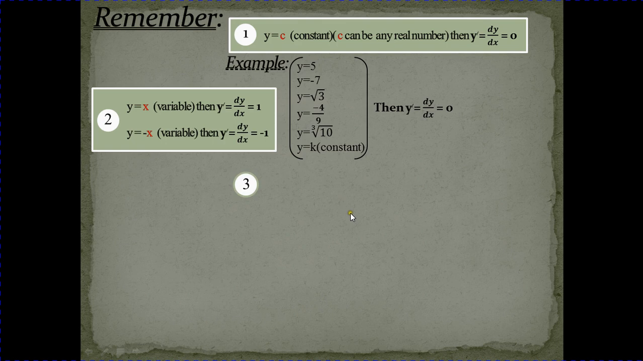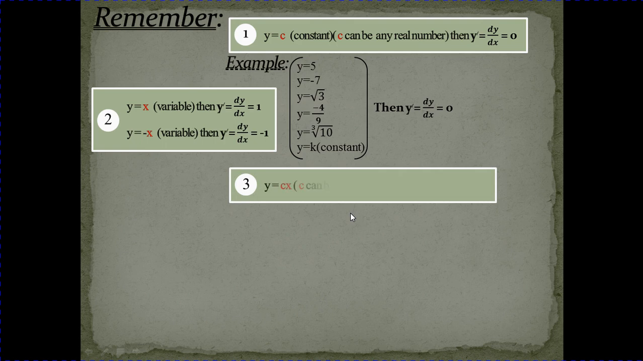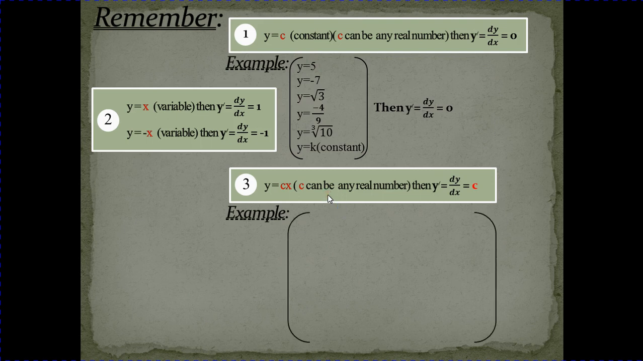3. If your function is like this, y equals cx, c can be any number, then dy by dx, or y dash, will be c. Then if I have this example, like y equals 3x, then y dash equals 3,